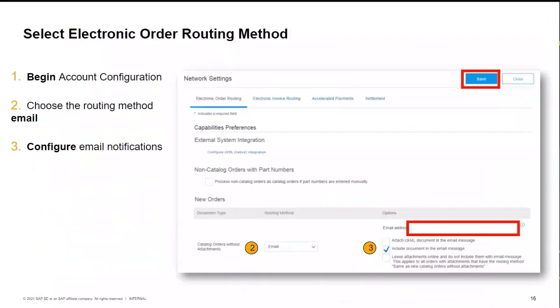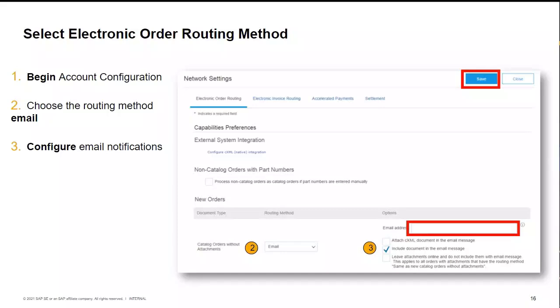The next configuration is the electronic order route. This configuration enables you to receive email notifications every time that you receive a new purchase order. Once again, go to the initials in the top right-hand corner of your screen, go to Settings, and click on Electronic Order Route.